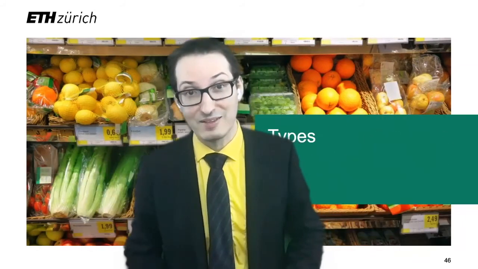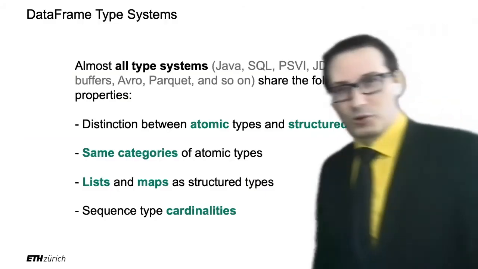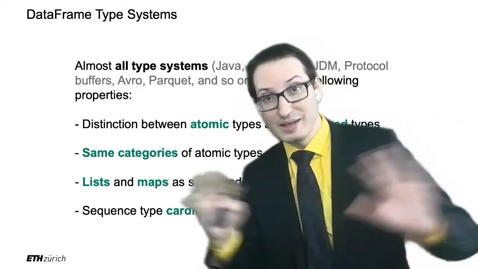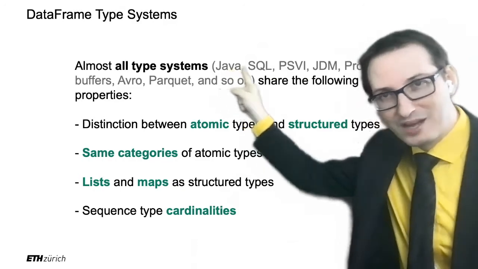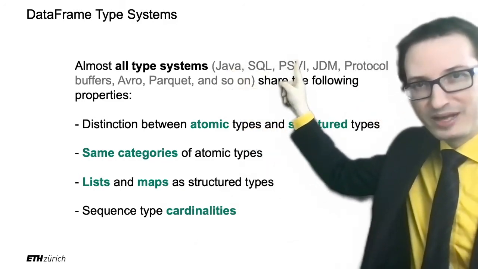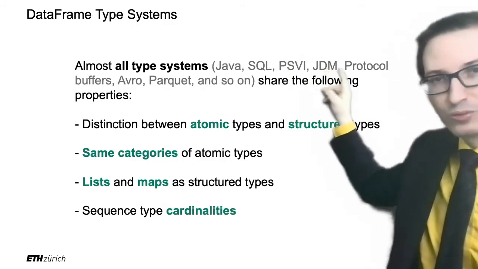So let's explore types. But the beauty of types is that it's kind of universal. It doesn't matter if it's JSON, it doesn't matter if it's XML, it doesn't matter if it's a CSV, it doesn't matter if it's the future technology or whatever. The nice thing with types is that there are generic principles that are kind of universal. So I'm just going to go through the types without having in mind JSON or XML or whatever. It's just generic, and then you can learn any schema language with this knowledge on types. And the reason is that almost any type system, that even includes programming languages like Java, SQL, that's just the annotated XML after a schema, that's the JSON data model we use later.